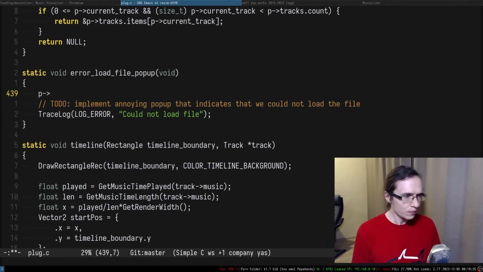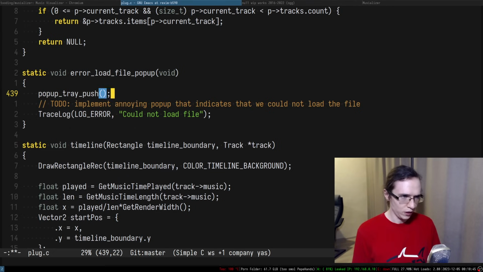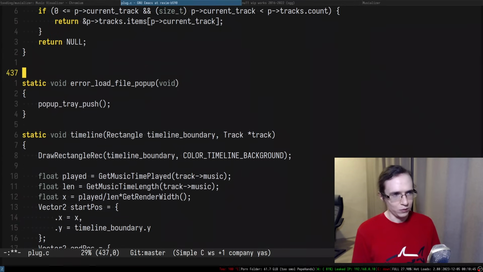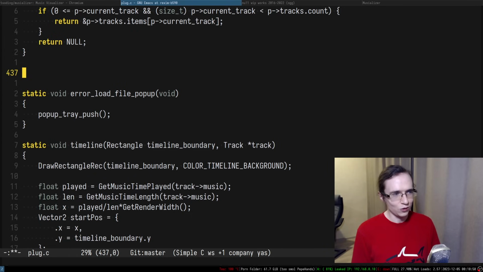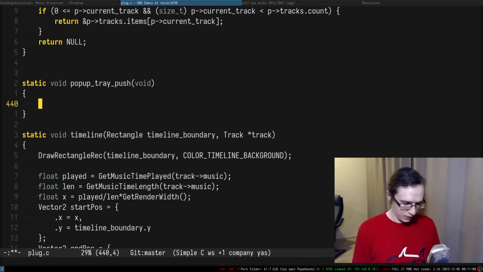So how are we going to go about that? We probably can do something like pop-up tray push. So we push a new thing into the pop-up tray, which is kind of silly. So maybe we just have to rename the entire thing to pop-up tray push. Right now it doesn't really accept anything, but yeah. And the way we're going to go about that, essentially, is